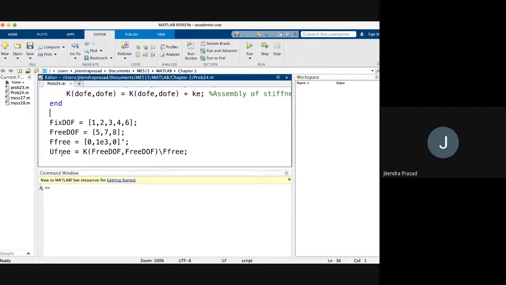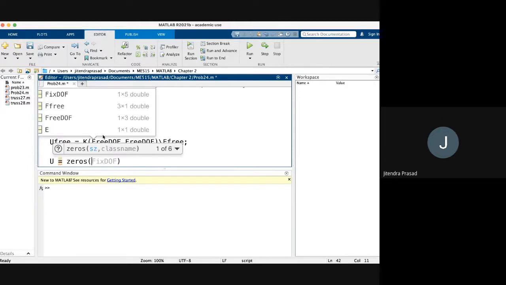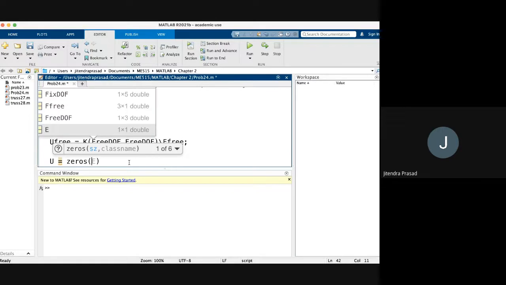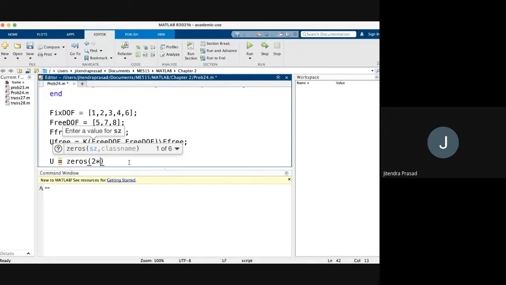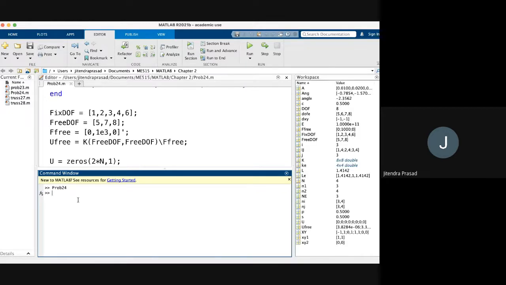Actually the u is the universal u. You can have this in terms of zeros, and it should be equal to number of nodes or number of degrees of freedom. So it should be 2 times number of nodes, which is the number of degrees of freedom, by 1. So that is the dimension of u. So u will look like this. You have defined u as this, 8 by 1,